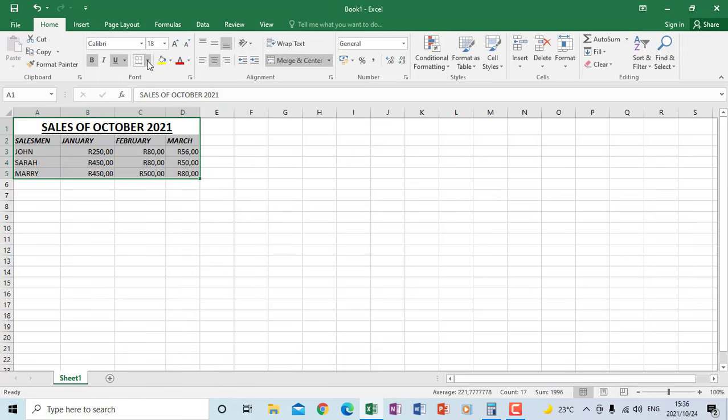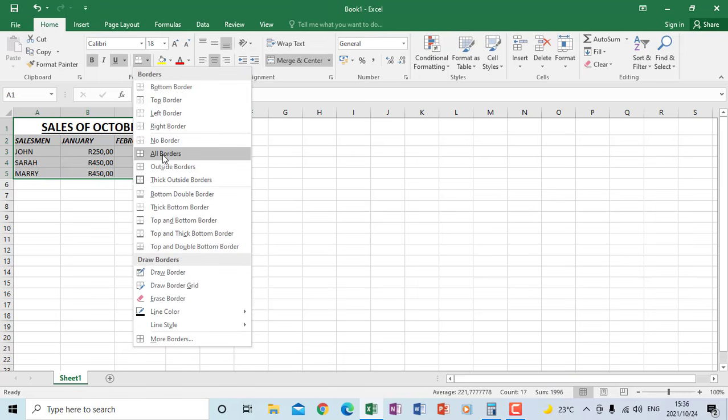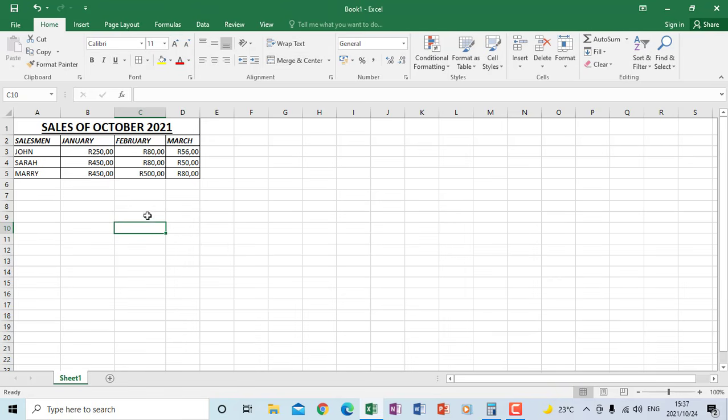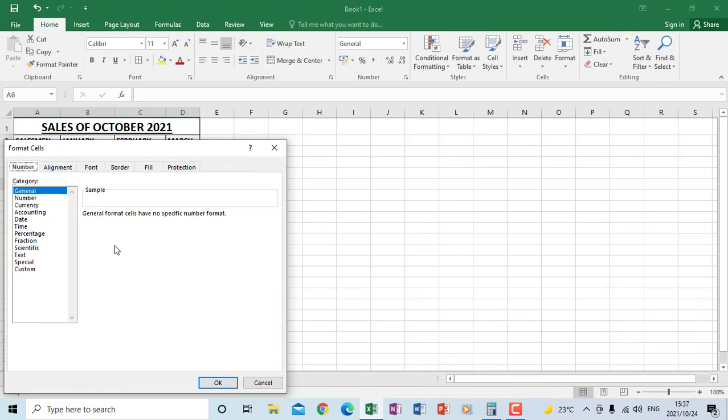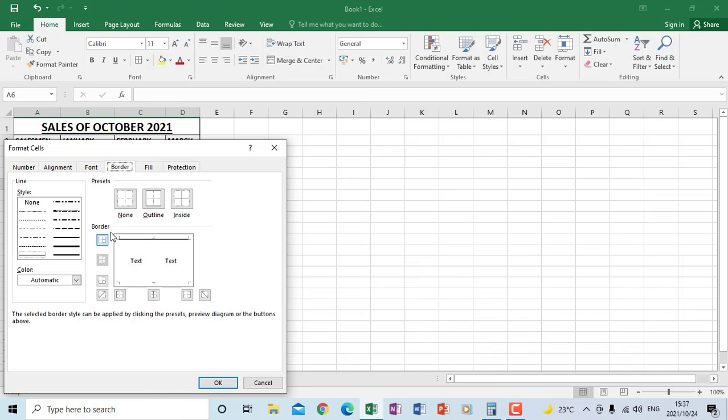Click here on the borders and choose all borders. Or you can even change the border style to be a double line border where you're instructed to do it. Let me show you. If I can highlight here and right click inside, go to format cells, I can choose border, and then I can choose a double line and click where it should appear, top and bottom of where